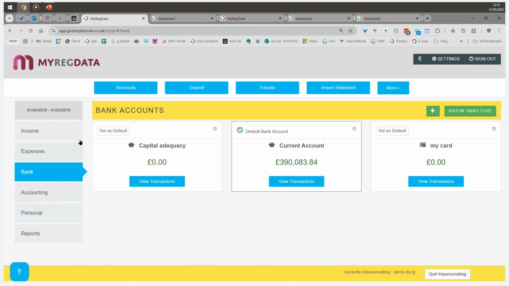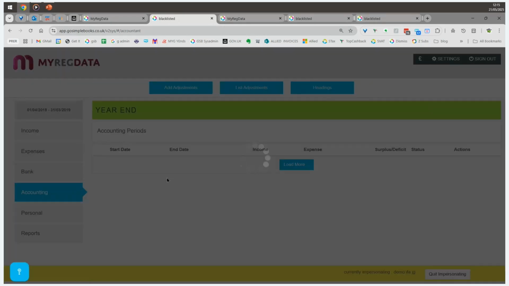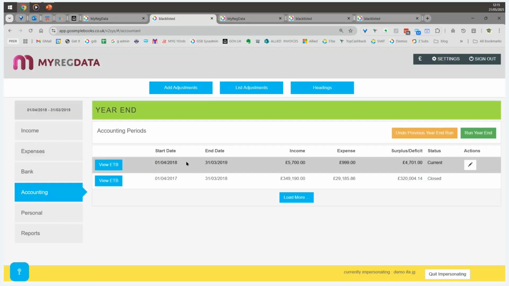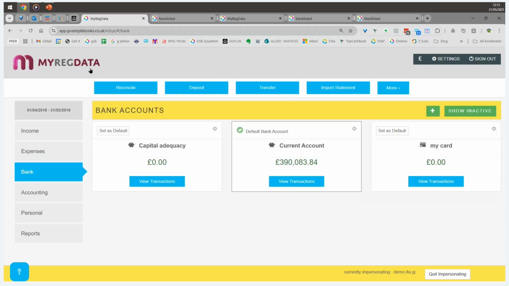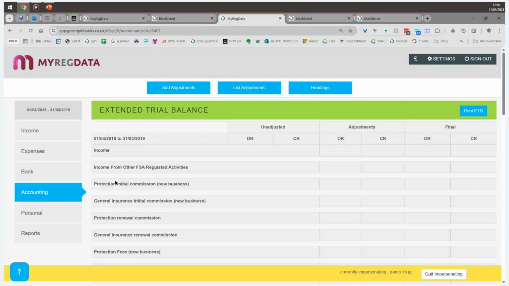The next option on this main menu is the accounting area. That displays the years on the system and gives access to an ETB, an extended trial balance. This gives a view of the firm's transactions for a particular accounting period, and it gives a view of those transactions instead of in transaction order. It gives a view by heading use, which is of prime interest to your accountant,